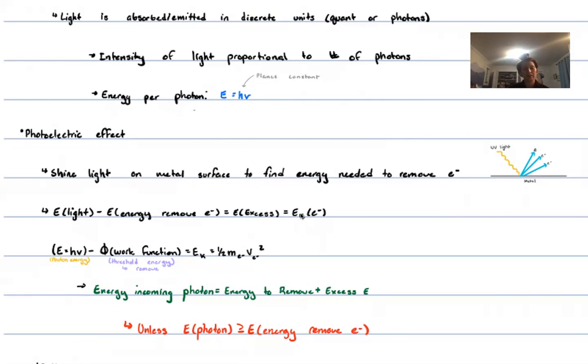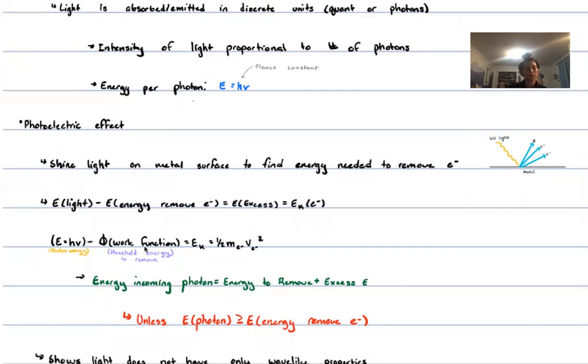So that correlates to these equations where we have the photon energy, E equals hv, minus the work function, which gets referred to as the threshold energy. So if it ever says the threshold energy for removing an electron, that just means the work function. Basically, that's the least amount of energy you need to remove one of these electrons, if our metal is copper, from a copper atom. And that's going to equal our